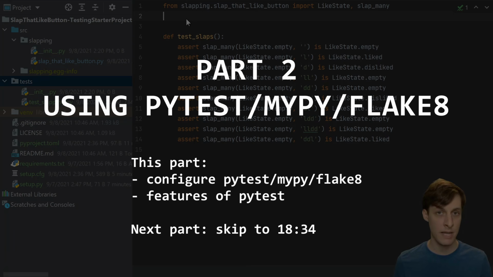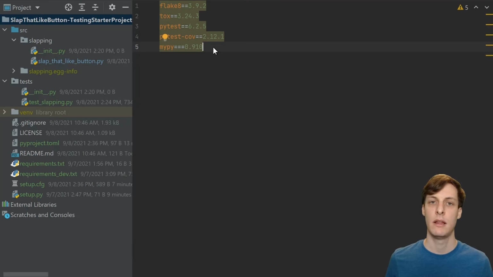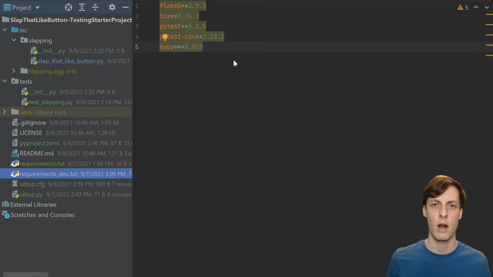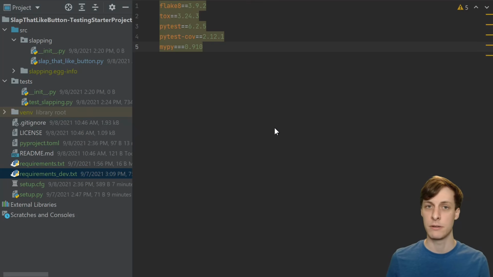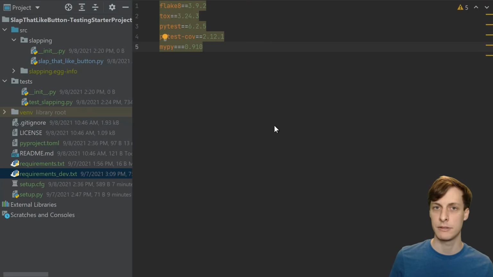Okay, now we can get to the libraries that actually do the testing. I'm talking about PyTest, MyPy, and Flake8 for the purposes of this video. That means, you guessed it, more configuration files. First up, I made another requirements file, this one with just the development requirements. And those are kind of separate from the normal requirements of the project, because if you just want to use this, you would only need the request library. But if you want to run the tests, then you need all this other stuff. That's why I put them in different files.